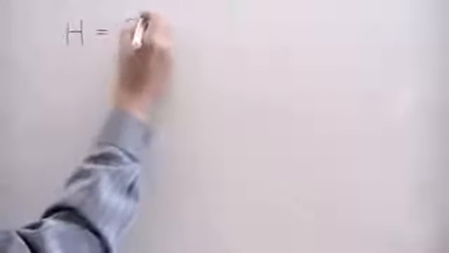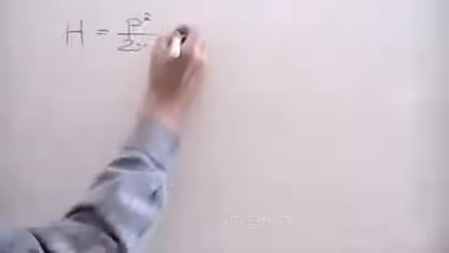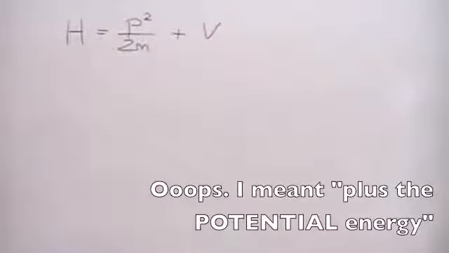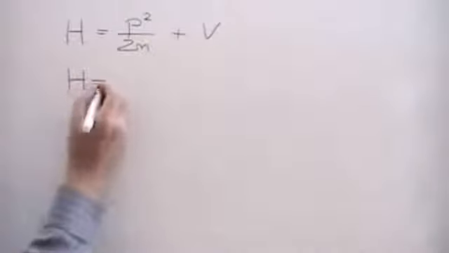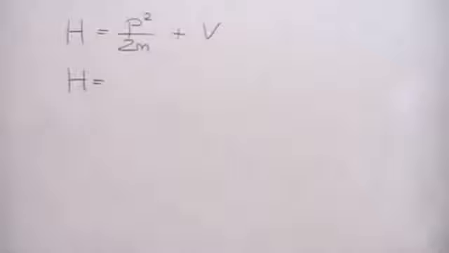Now we could have got to that Hamiltonian by recognising that that is the operator that gives us energy. And what is energy? Energy is kinetic energy, which is p squared over 2m. That's the same thing as half mv squared. It works out the same way. It's p squared over 2m, where p is the momentum, plus the potential energy, which I will simply call v. And as always, we will simply be working in one dimension, the x direction, to keep things simple. Well, we worked out in the last video what P is. P is minus i h bar d by